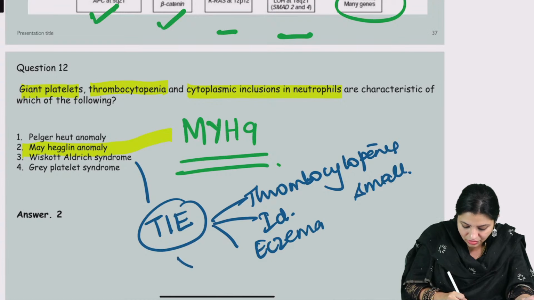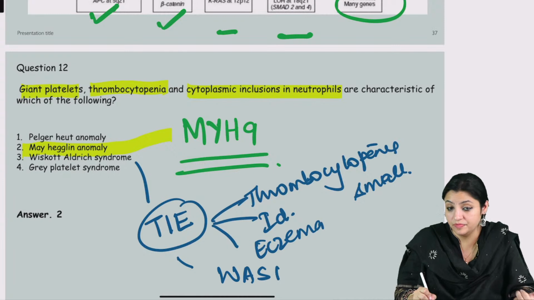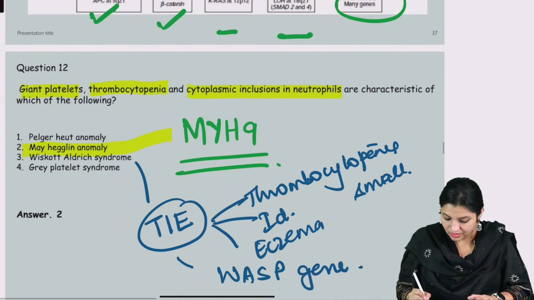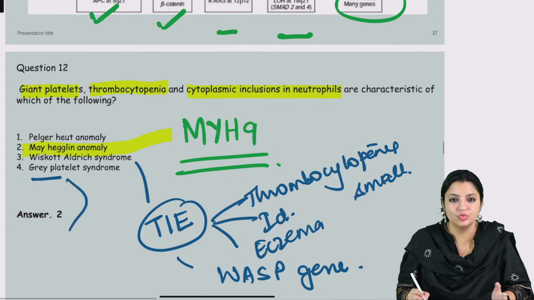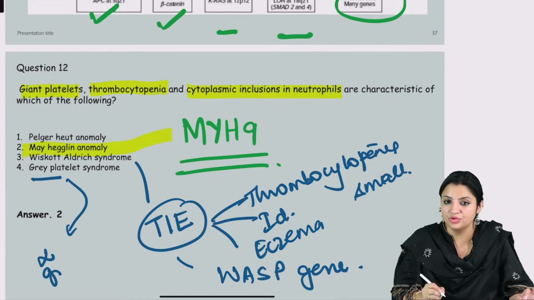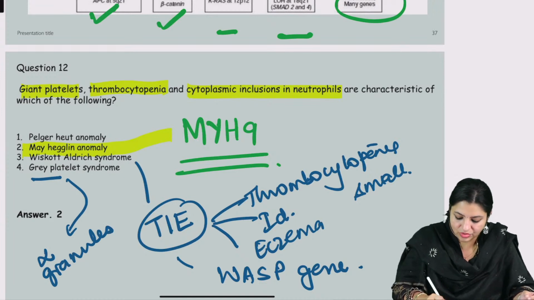Gray platelet syndrome is a disorder because of abnormality of alpha granules. So alpha granules of the platelets are not there. That is why it is called gray platelet syndrome, and patients usually have bleeding symptoms. So let's look at this microscopy. Look at the size of the platelet. Platelets should have granules in them, that's a must to identify them. These are platelets, and the platelets are equivalent to the size of RBC,